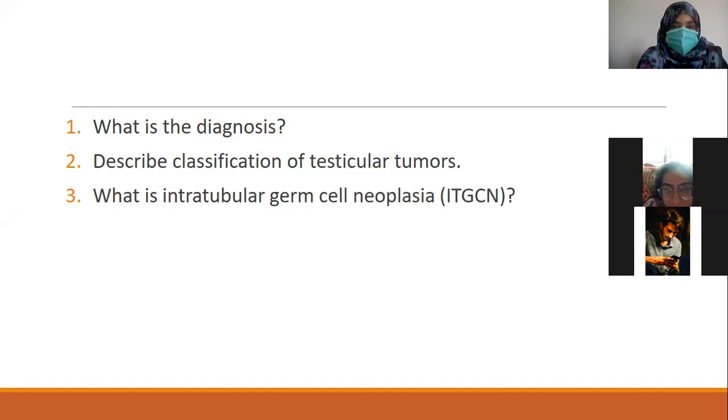So what is the intratubular germ cell neoplasia? Beta, remember, it is the precursor in situ lesion of many types of testicular germ cell tumors. Intratubular germ cell neoplasm means neoplastic cells are confined within the basement membrane of tubules, so the basement membrane is not invaded but they fulfill all the features of malignancy. That is atypical primordial germ cells with large nuclei, distinct NC ratio, and clear cytoplasm. Remember, this is a precursor lesion.